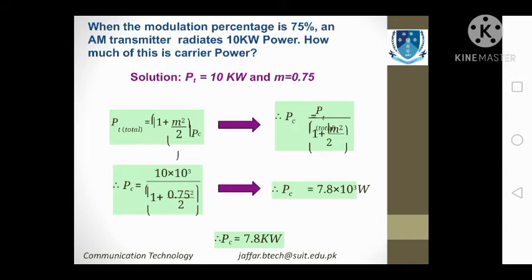So you can see how much power we are losing just because of this carrier. If you are using 10 kilowatt of total power, from this 10 kilowatt, 7.8 kilowatt is used by the carrier, which is not very feasible, and this carrier has nothing to do with transmitting our data. So we do not want our power to be lost because of this huge disadvantage or loss. We don't want our communication system to work at the cost of this power.